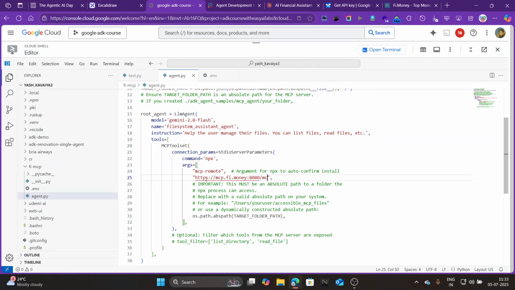Here we want to use MCP as a string, so that's why we mention it as a string. Yeah, we are good to go.